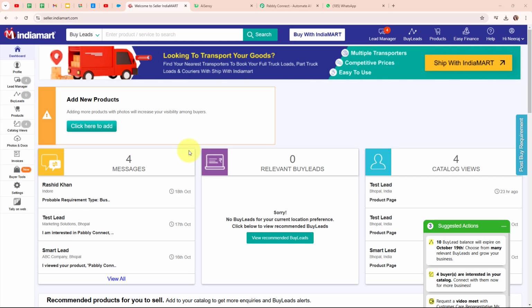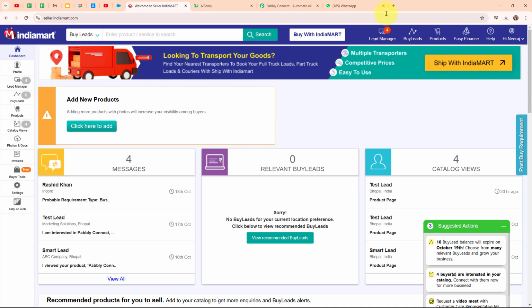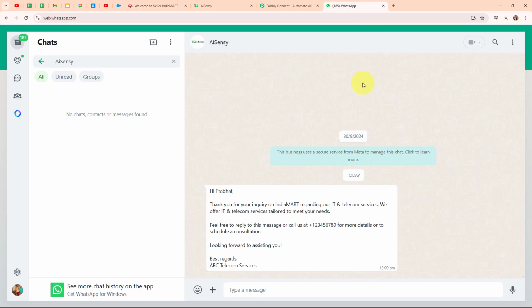Welcome to my screen. So as I've already mentioned in my introduction, I run a business offering IT and telecom services and I often receive inquiries from potential clients through IndiaMART. Responding to these leads quickly is crucial for securing deals, but manually sending messages takes time. So by automating WhatsApp messages to IndiaMART leads, I can instantly send a personalized response to every inquiry, and this way when someone expresses interest in my services, they receive an immediate WhatsApp message. So this automation helps me stay on top of leads, respond faster and increase my chances of turning inquiries